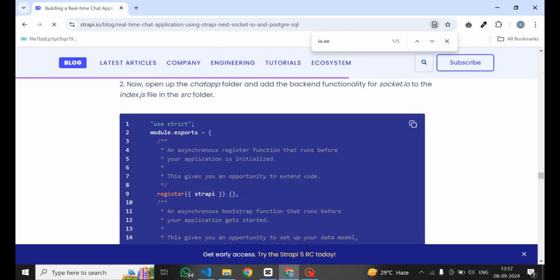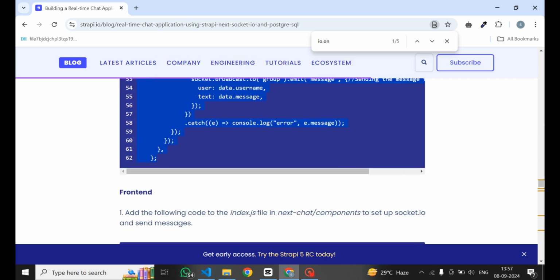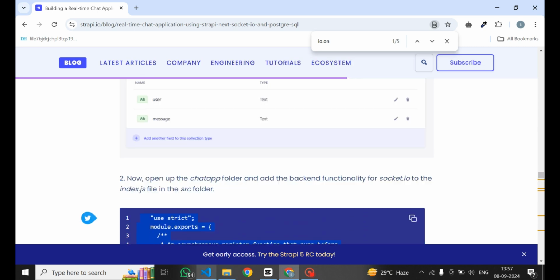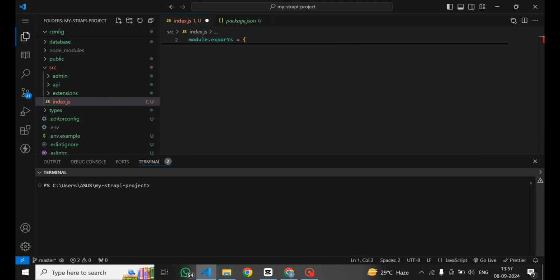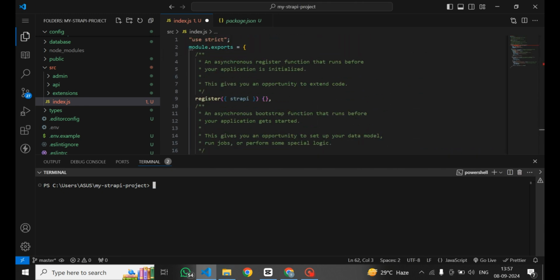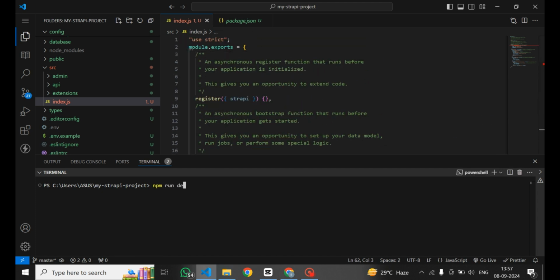Just wait to load the website. Okay, I have written some code before, but for you, I'm replacing it with this one. Okay, after save, I'm running that command, npm run dev, and